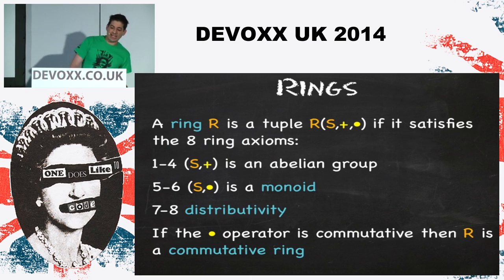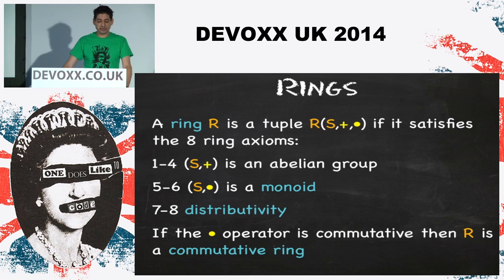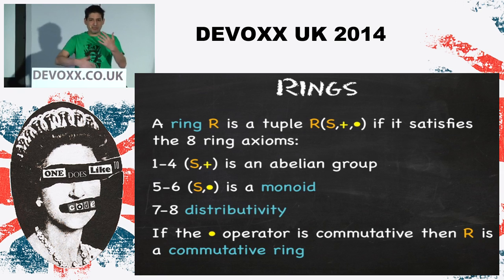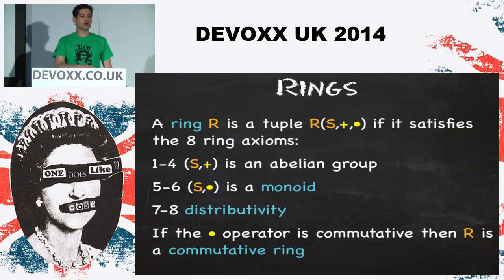And we build on top of this again, and we say that a ring is a group that has this extra binary operator. So we've got one for addition, and we've got one for multiplication. And they just basically have to follow the same rules as for a group. You have these two operators, and they form what we call a ring. And if they happen to be commutative, A times B is B times A, then we call it a commutative ring. They're basically just building on every time. One thing builds on top of the other. And the reason why we do this is because you can prove stuff about a group, and it's then true for a ring, and all the really more advanced structures you build afterwards.